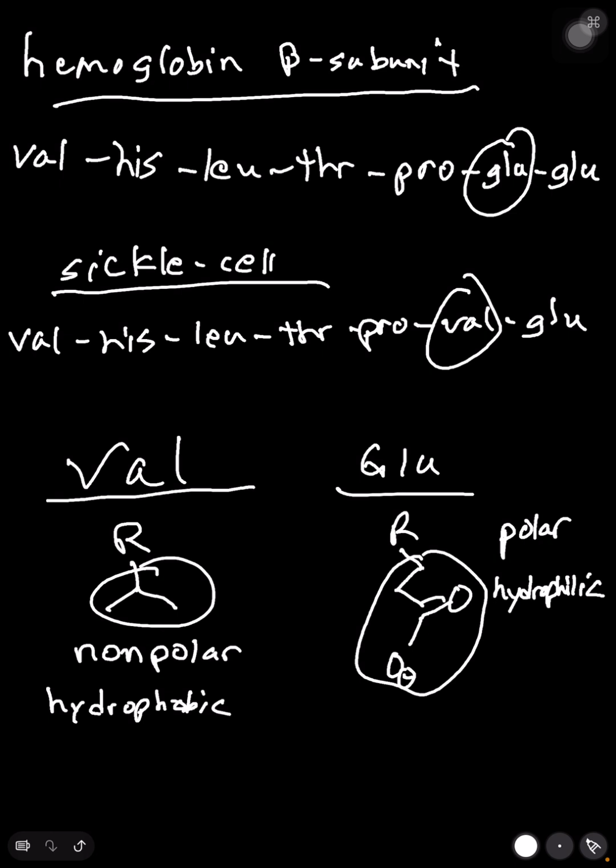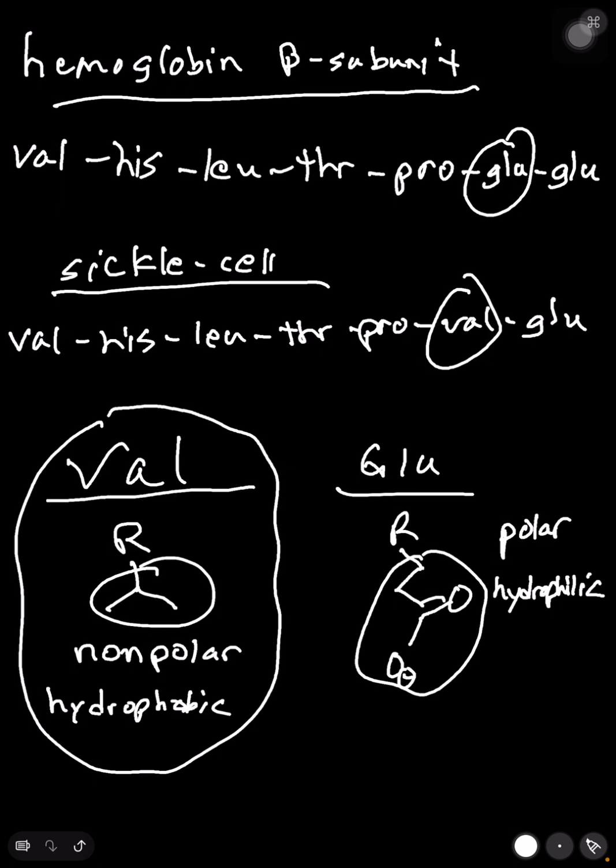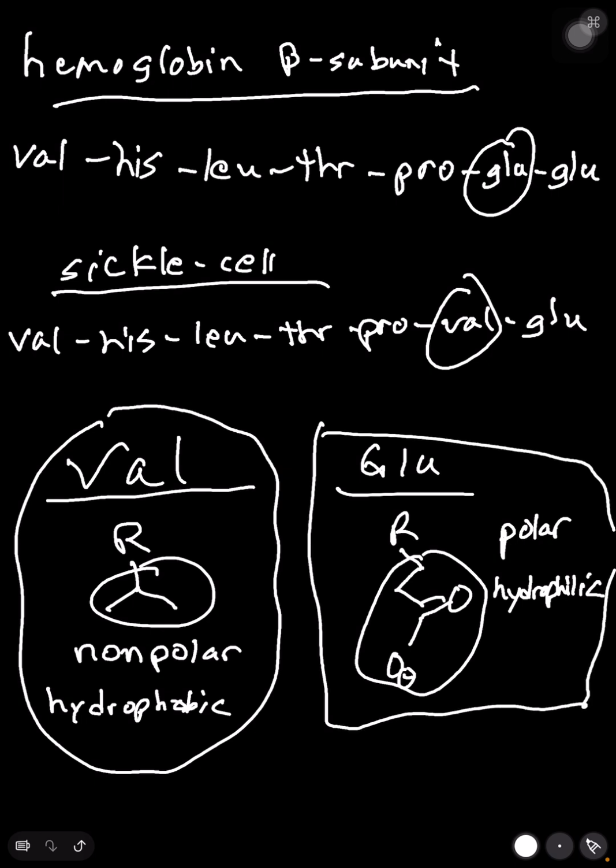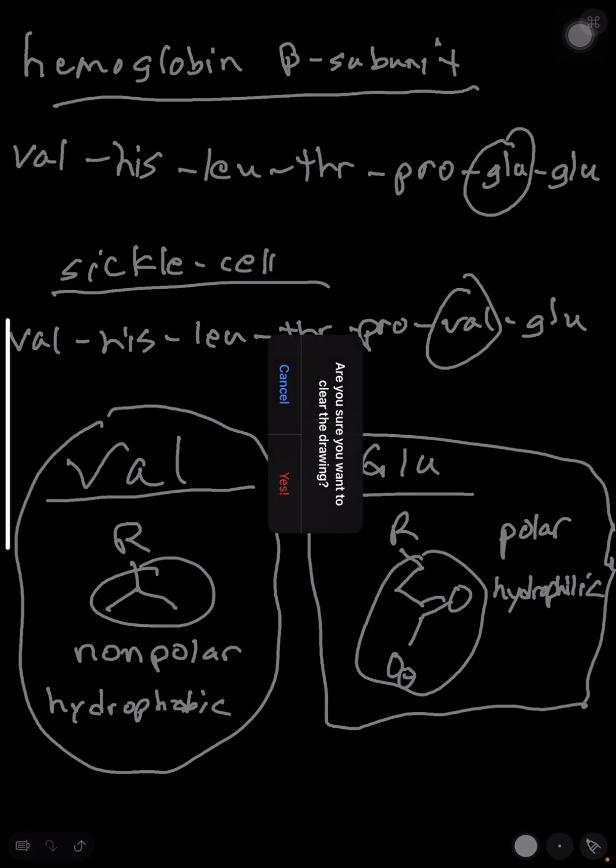All right. This makes a big difference because whenever hemoglobin subunits fold and arrange themselves, they do so in order to align their amino acid side chains either towards one side or the other in alignment with water, right? So when you have that amino acid in its number 6 position, it's going to be positioned much more in favor of alignment with other hydrophobic substances, whereas glutamic acid is going to be more aligned towards an aqueous/water environment. Okay? What happens is, when you have these alignments happening within a sickle cell,